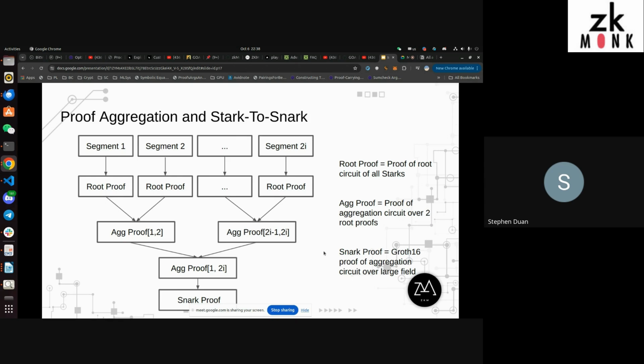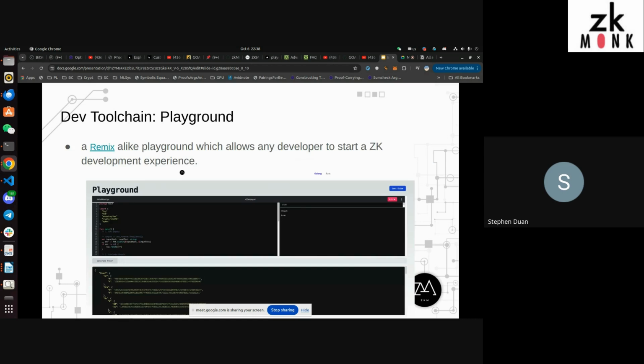Basically, all the proofs are generated on our proof network. The proof network also enables the use of GPU acceleration to speed up the proving process. Okay, so the next step I will give an introduction about